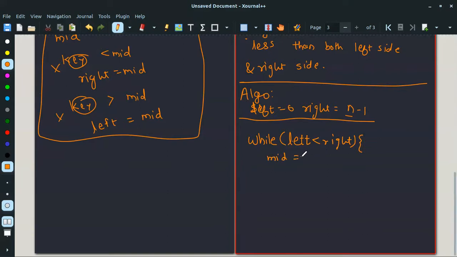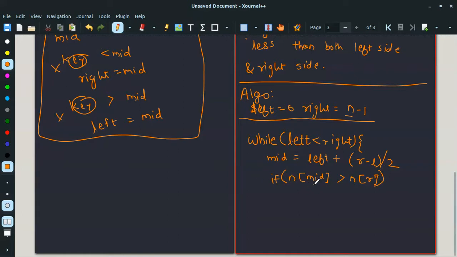And to handle integer overflow, we will do mid equal to left plus (right minus left) divided by 2. And if the number at this index is greater than the number at the rightmost index.